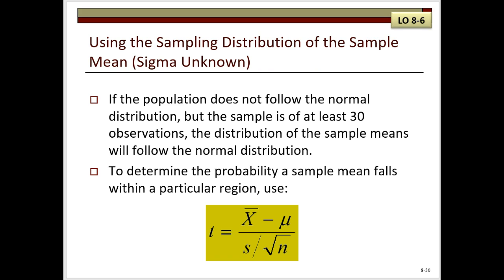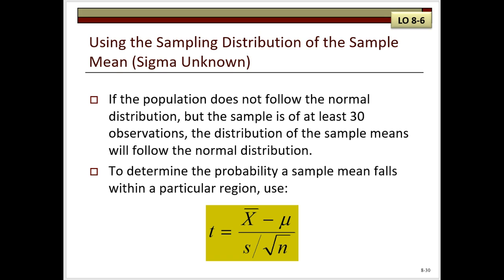If the population standard deviation is not known, and if we know the sample comes from a normal distribution, the t-distribution is appropriate to use. If the sample size is larger than 30, then the normal distribution assumption is not necessary because of the central limit theorem. Similar to the formula for the z-distribution we saw in the previous slide,